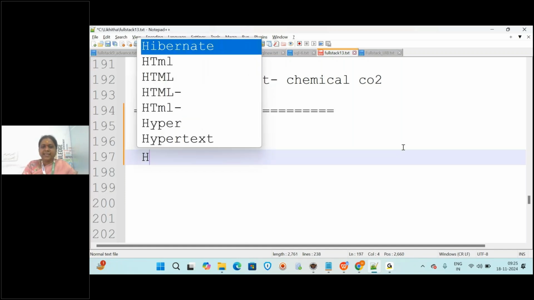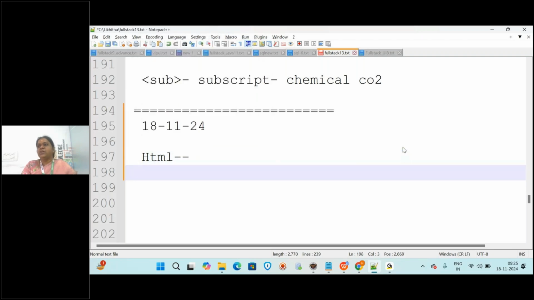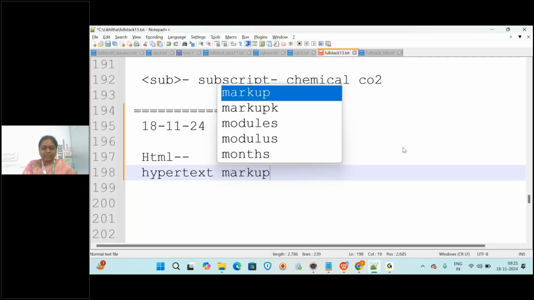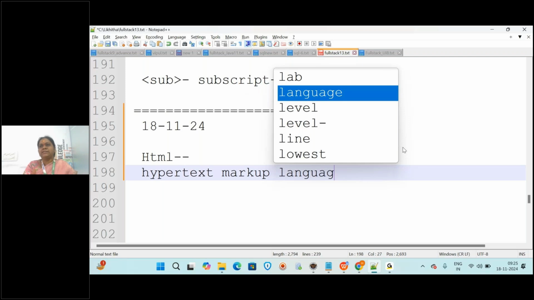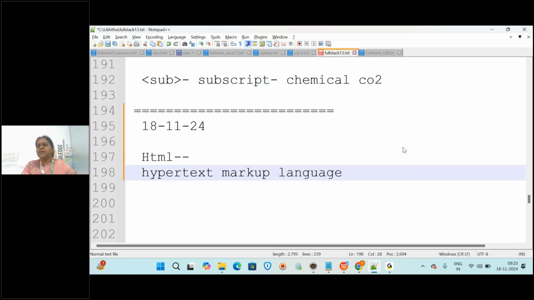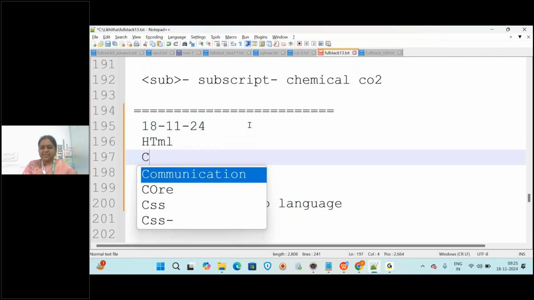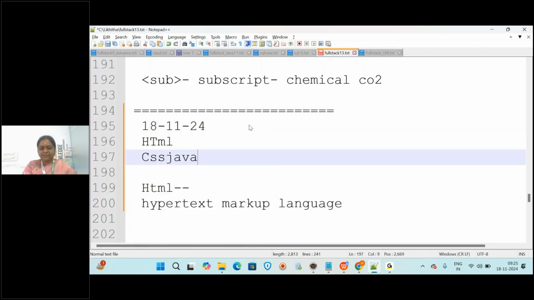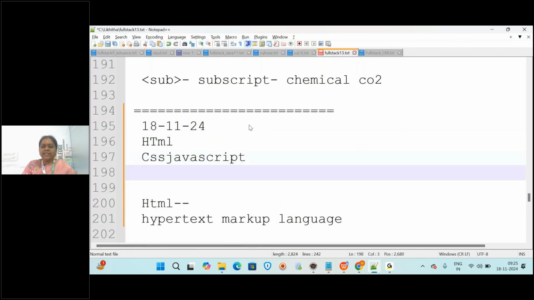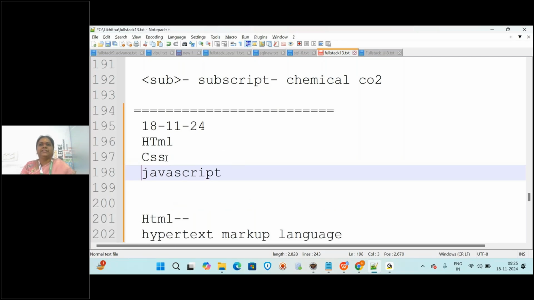And I started HTML in the last session also. So what is HTML? We have discussed it is Hypertext Markup Language. Once I will just quickly revise the HTML part, not the modules. So what is HTML and what does the front end include? In the front end, you are going to learn HTML, CSS, and also JavaScript. Learning these three technologies, we are going to develop the front end part of our web application, correct?